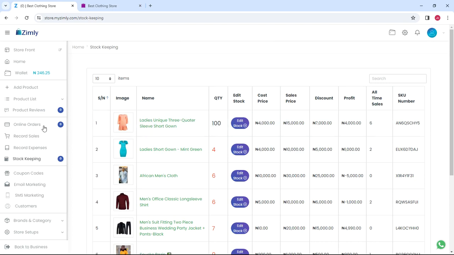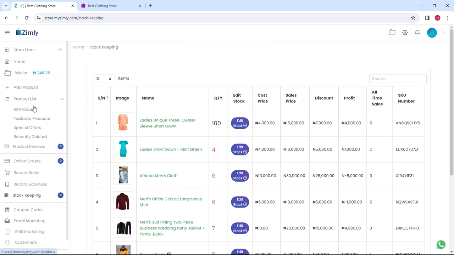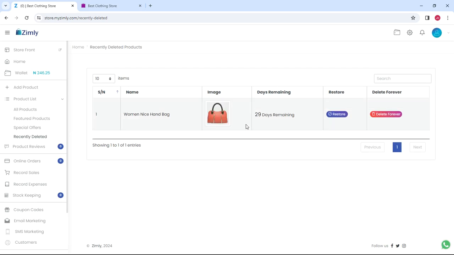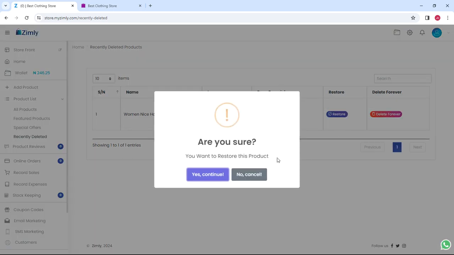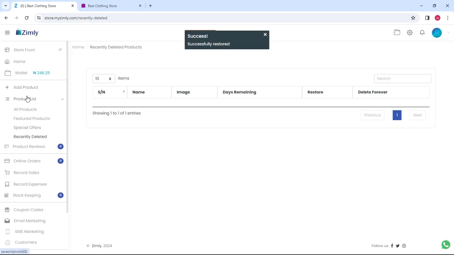So that is it. And if we go back to our recently deleted product, so go to products, see where it is on the product list. So we go to recently deleted products. So let's retrieve these products. We want to retrieve it. We don't want to delete it forever. So if we come back to stock keeping,